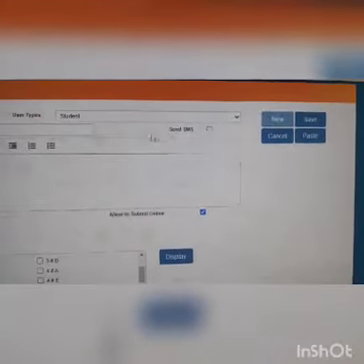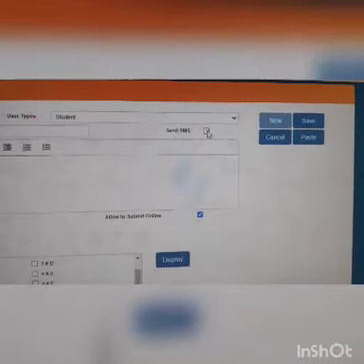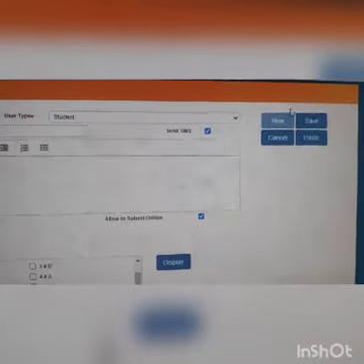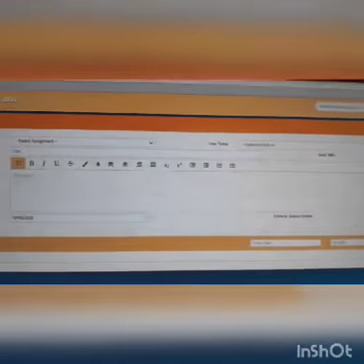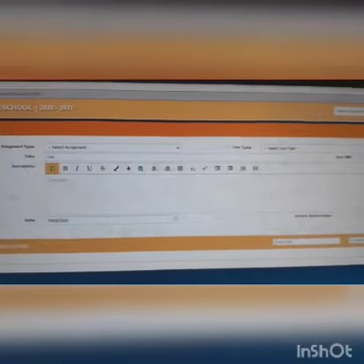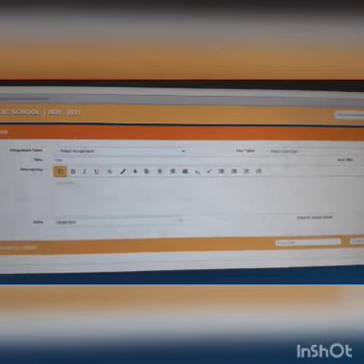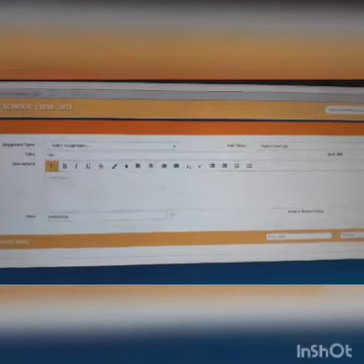Before that, I can select send SMS. I have saved it now. With the send SMS option activated, a message will flow to the registered phone number, and the child will get an intimation that an assignment has been uploaded.